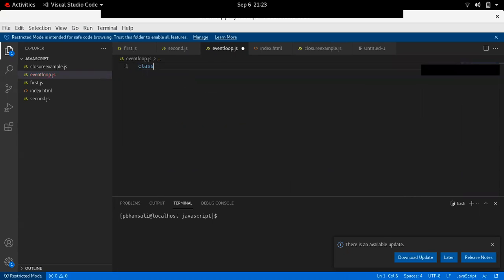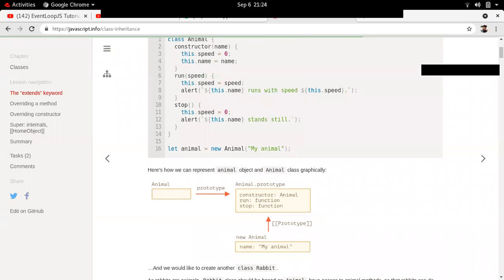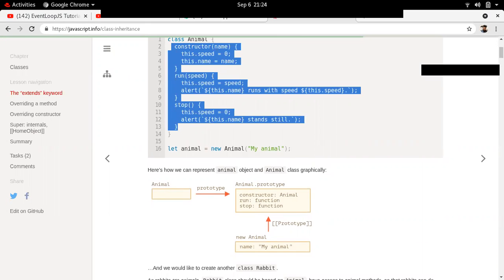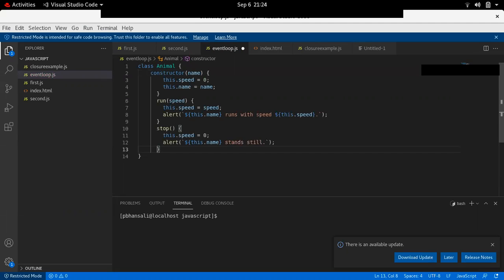This is basically class Animal, which has one constructor, and inside the constructor you can copy these three things. So this is a class Animal which has three things: constructor,